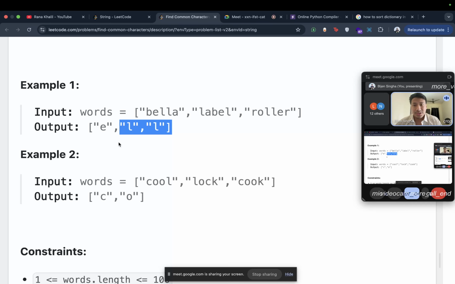This is quite interesting question. C, C, C, O, O,